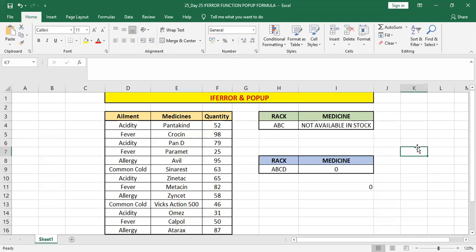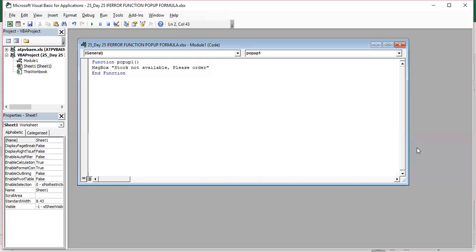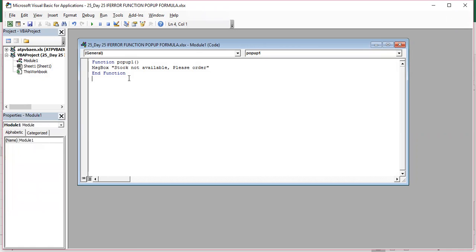Again, don't forget that we have used VBA. So to use VBA, we went there with Alt and F11 together. Then we write Function PopUp1. You can add any function right now, like a function PopUp2. Then the message box can be anything.